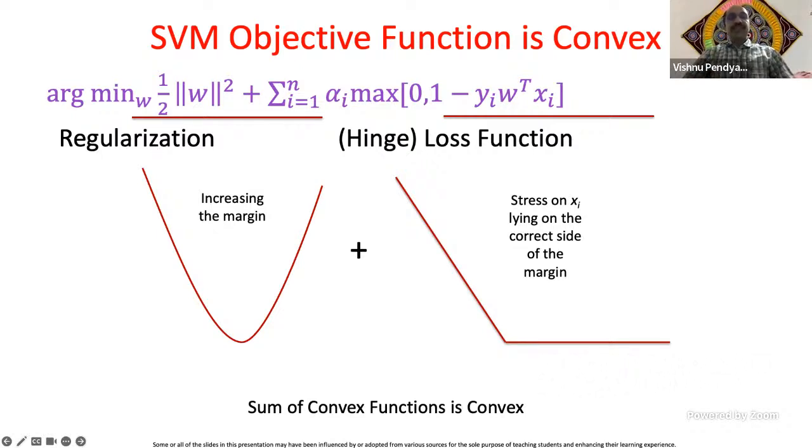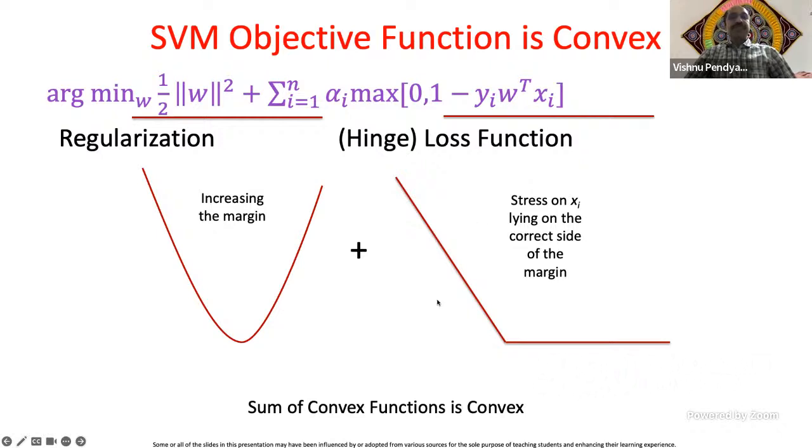When you regularize the weights, you are trying to make the weights as small as possible. Why do you want to make the weights small? Because we want the model to generalize well. If the weights are large, even a small change in the feature set will possibly result in a change in the class. That is the reason you want to minimize the weights, and the first term is essentially doing that. That process of minimizing the weights is called regularization. So the SVM objective function has a regularization term and a loss function term.